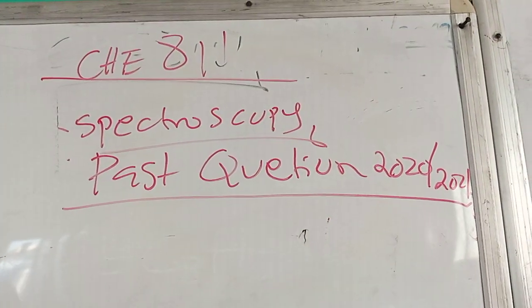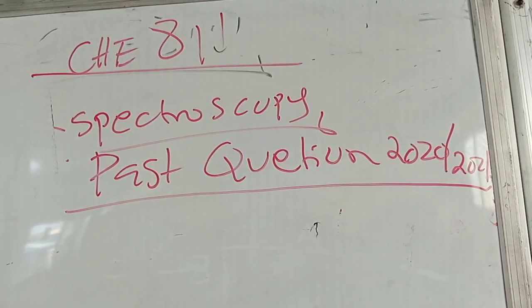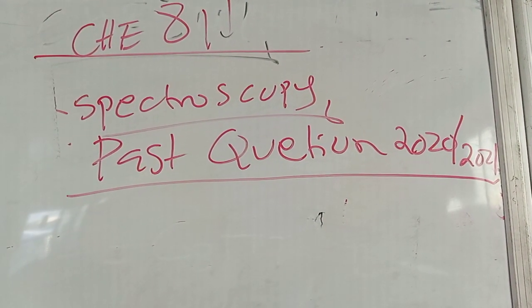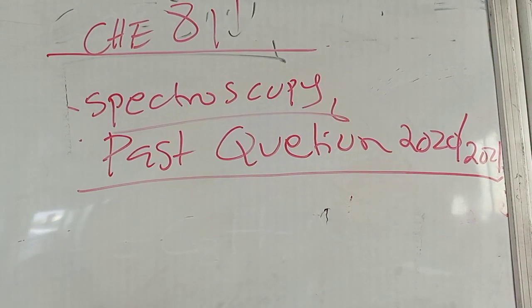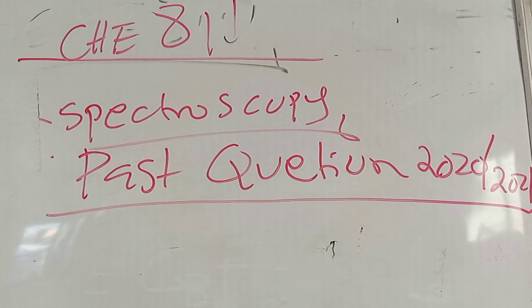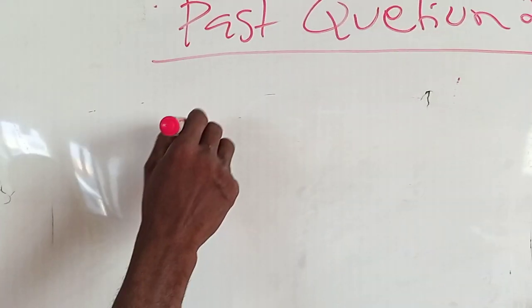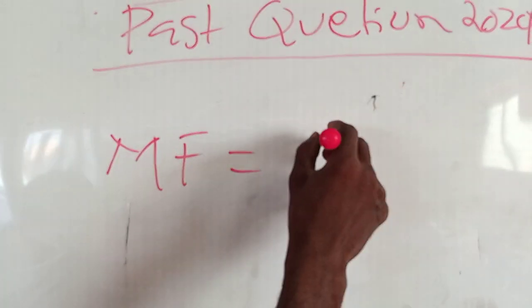Yeah, today we want to solve one of the questions, a spectroscopy question. Alright, so that is that. Now, when you are interpreting any spectra, you have to start by looking at the molecular formula from the mass spec. And from the mass spec, the molecular formula of the compound is given to be